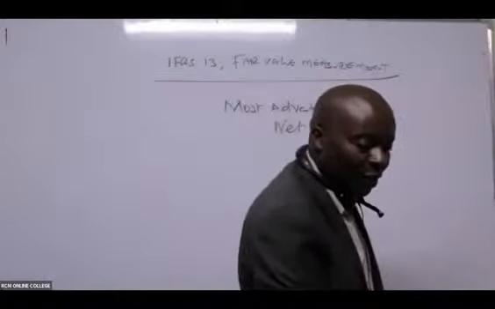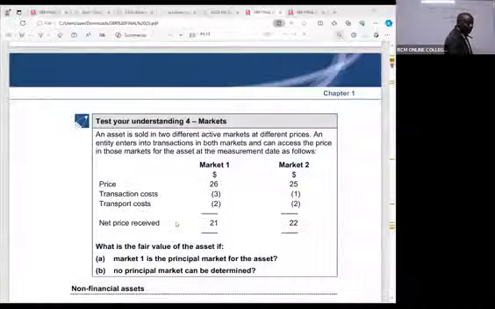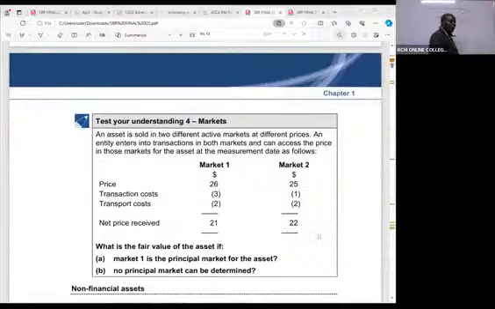Like in our case here, ladies and gentlemen, if you look at the net selling prices, 21 and 22, then market 2 is the most advantageous market because 22 is higher. And therefore, if market 2 is what we are looking at, the fair value, when it comes to fair valuation, ladies and gentlemen,